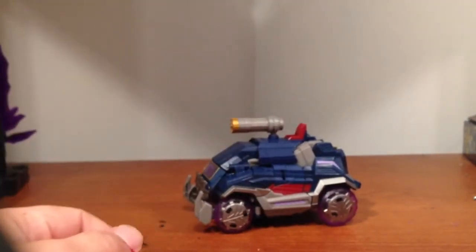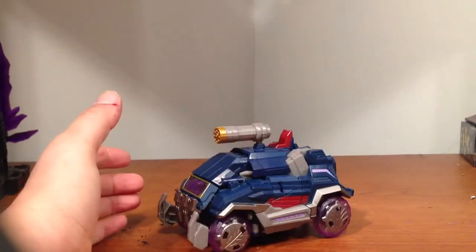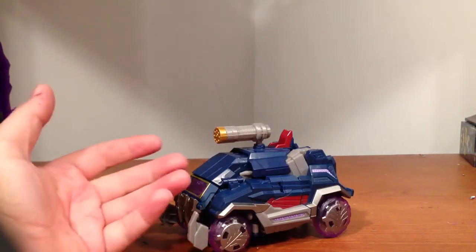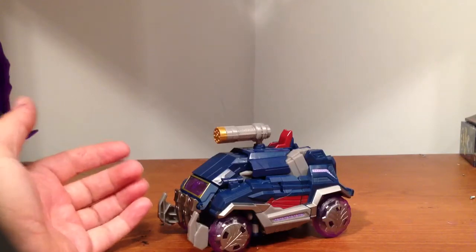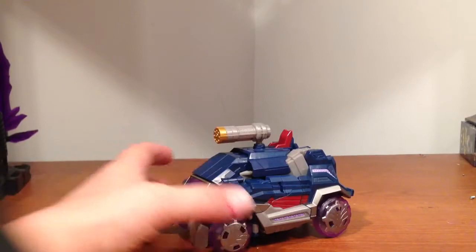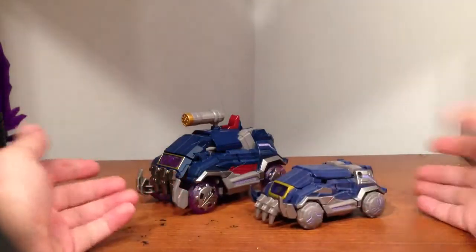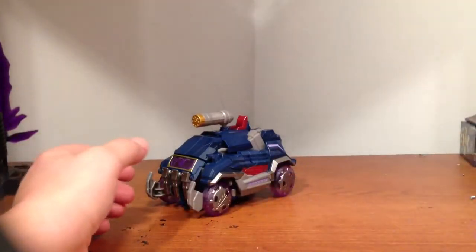Now, when I first saw pictures of this guy, I didn't really care for him. I thought it was stupid to make him a Voyager because he's going to be bigger than Optimus Prime. He's going to be bigger than Megatron. But I understand they want the disc function to be able to work. Here he is next to his deluxe version, which is, it's not a bad figure. But anyway,